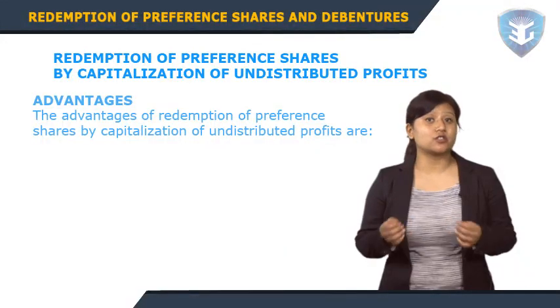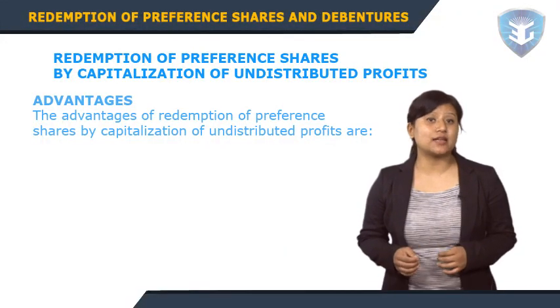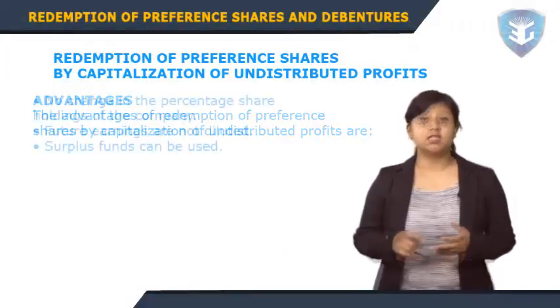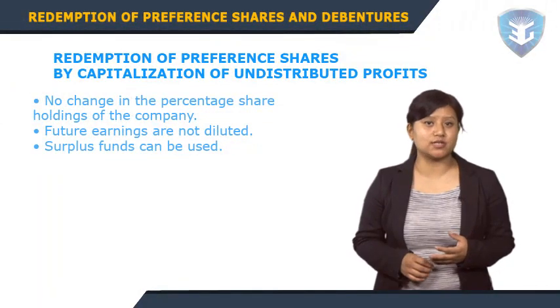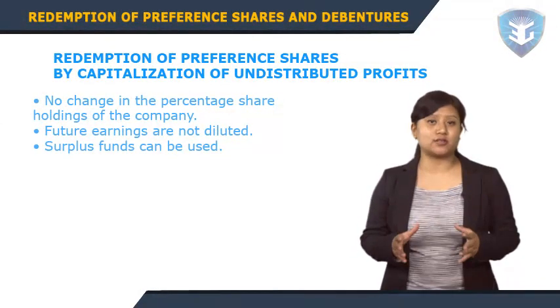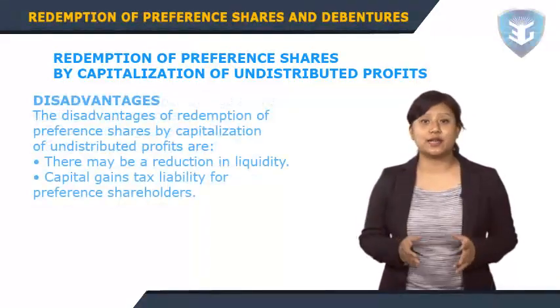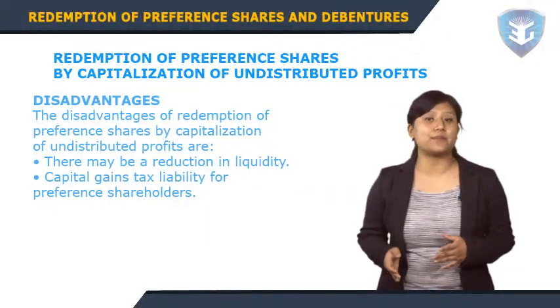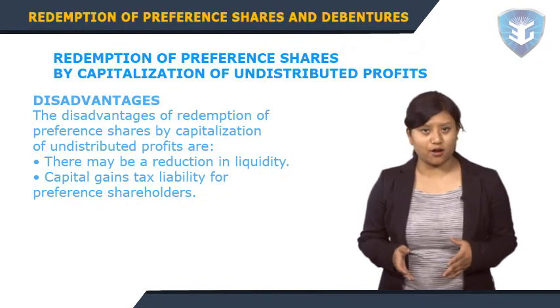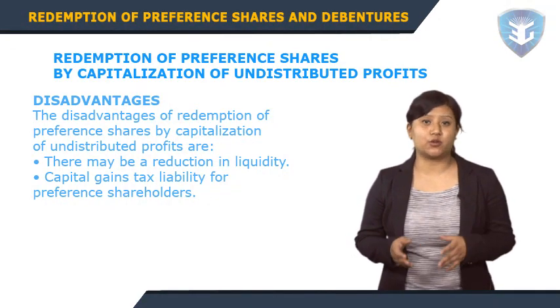Advantages. The advantages of redemption of preference shares by capitalization of undistributed profits are: no change in the percentage shareholdings of the company, future earnings are not diluted, surplus funds can be used. The disadvantages of redemption of preference shares by capitalization of undistributed profits are: there may be a reduction in liquidity,